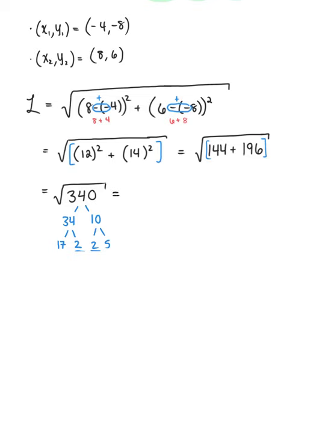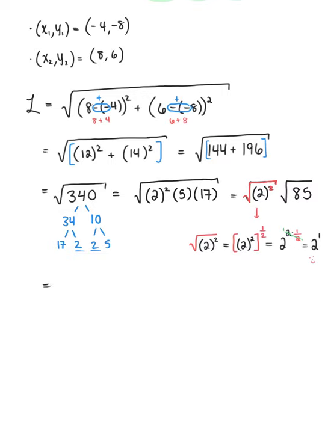So we can say that this is equal to the square root of 2 squared multiplied by 5 multiplied by 17. Now that we have this factored, we can separate this out into the square root of 2 squared multiplied by the square root of 5 times 17, which gives us 85. So now we are officially ready to simplify. The square root and the square will cancel each other out, leaving us with 2 times the square root of